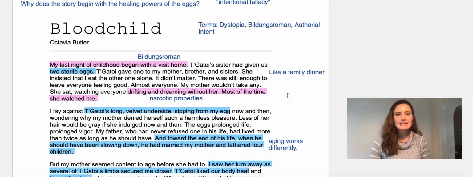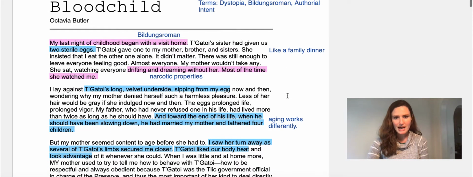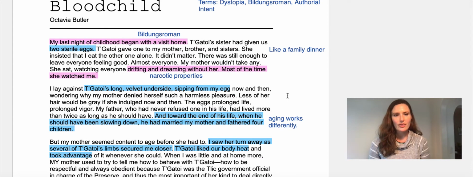I lay against Tiga Toy's long velvet underside, sipping from my egg now and then, wondering why my mother denied herself such a harmless pleasure. Less of her hair would be gray if she indulged now and then. The eggs prolonged life, prolonged vigor. My father, who had never refused one in his life, had lived more than twice as long as he should have. And toward the end of his life, when he should have been slowing down, he had married my mother